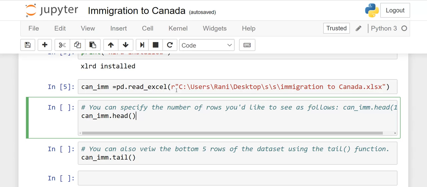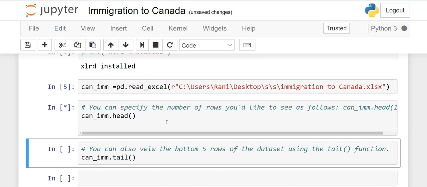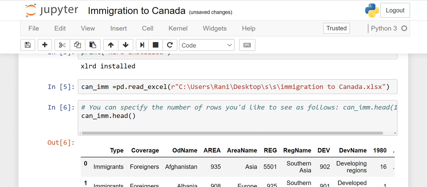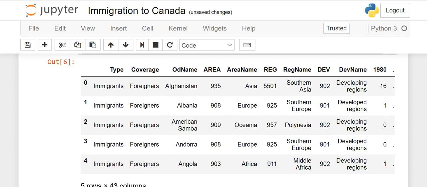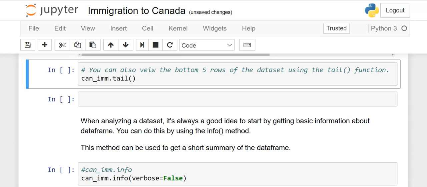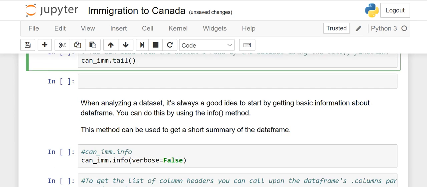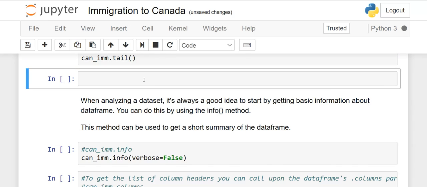If we want to confirm whether our data frame is here in our Jupyter notebook, you have to use the dot head function. We are not going to write anything in this parenthesis. It means by default it will print the first 5 records. If you want to print 10 or 25, whatever, then you have to specify. Now if you want to see the bottom 5, you have to use the dot tail function, and then blank parenthesis, it will give you the last 5 records, right?